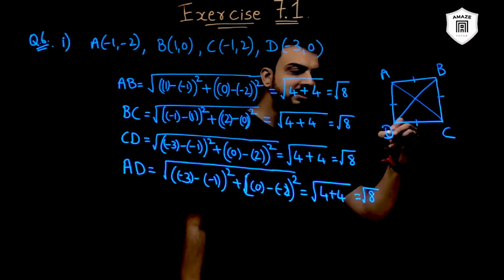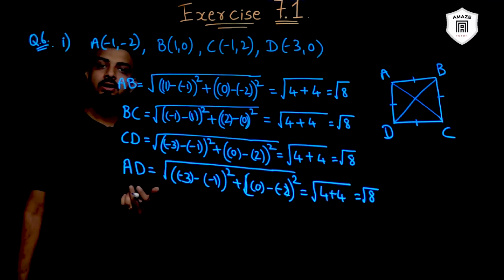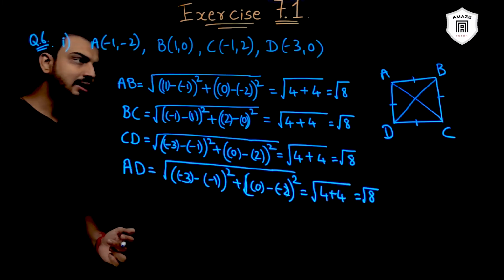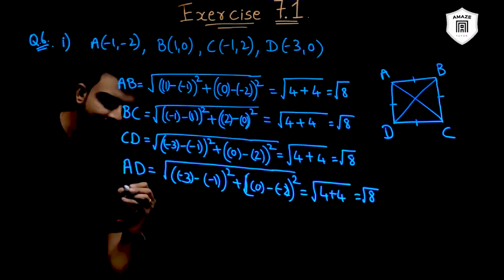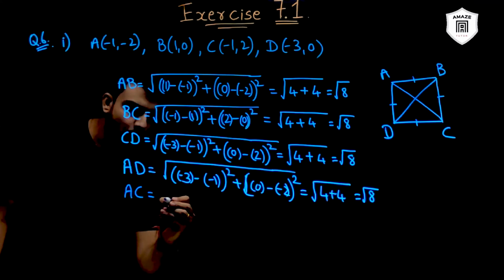If the lengths AC and BD are equal, then it will be a square. And if they are not equal, then it will be a rhombus, right? So let's check the length AC. AC equals root of